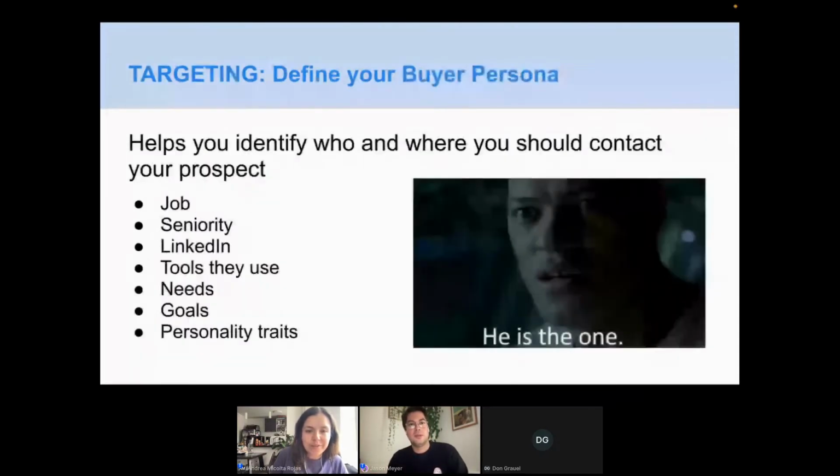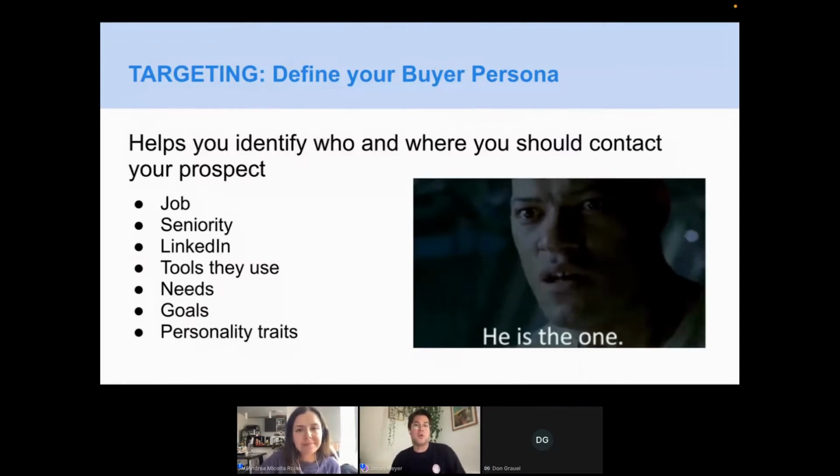So if you go to the next slide, oh yeah, I love this topic. Can you tell us about how to define our buyer persona? What is the best way to go about this process? Defining your buyer persona is about who is the person who will make the decision, who will be the person that is leading the team that will use your tool, or who will be the person that will buy the product for their company, whether it's a B2B company or a B2C company.